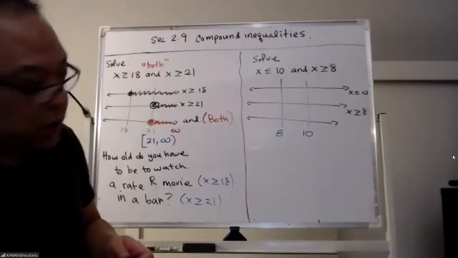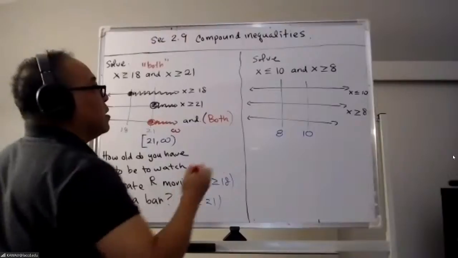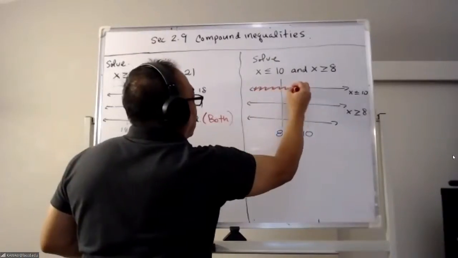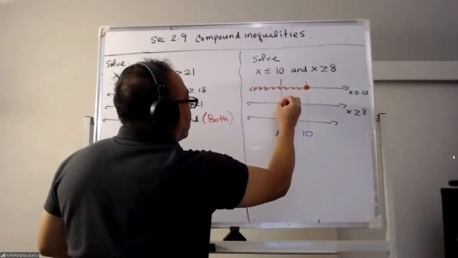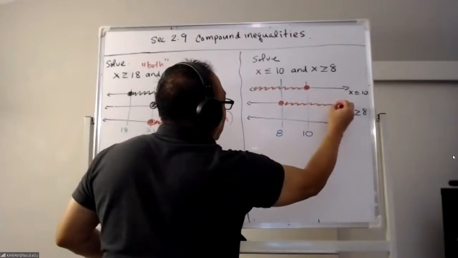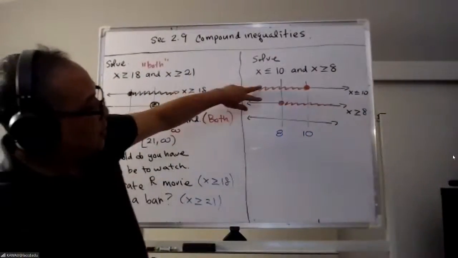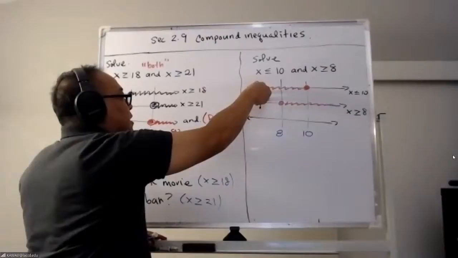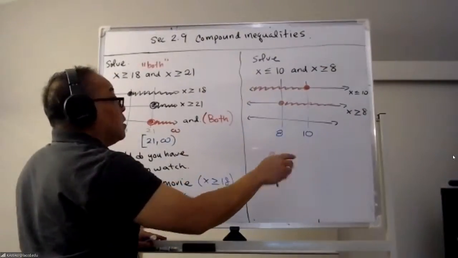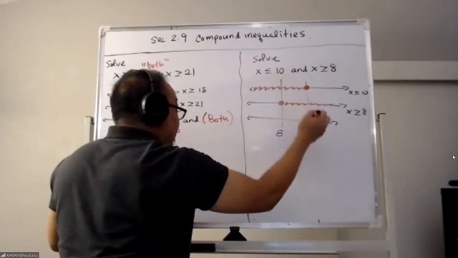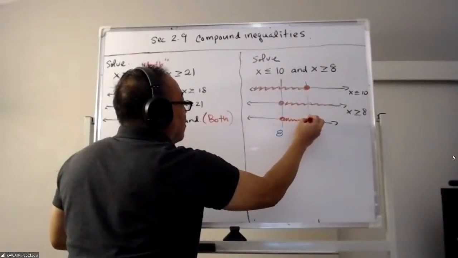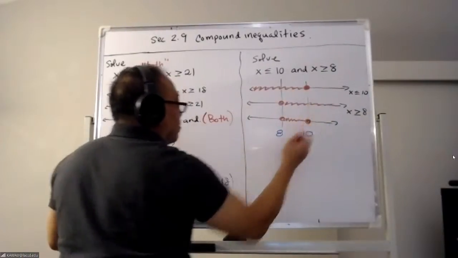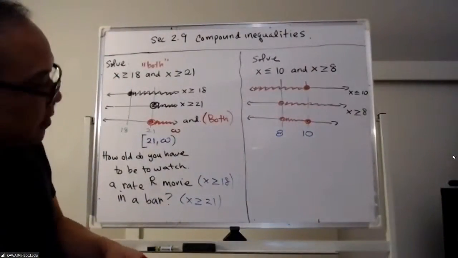Okay. Now, what we're going to do next is we're going to shade these in. We're going to say less than 10. And then we're going to say greater than 8. And then we're going to look at these three intervals separately, right? We're going to say, are both of these shaded in? No. Are both of these shaded in? Yes. So I'm going to take this endpoint. Are both of these shaded in? No. So then I'm going to take that endpoint. So then my answer is